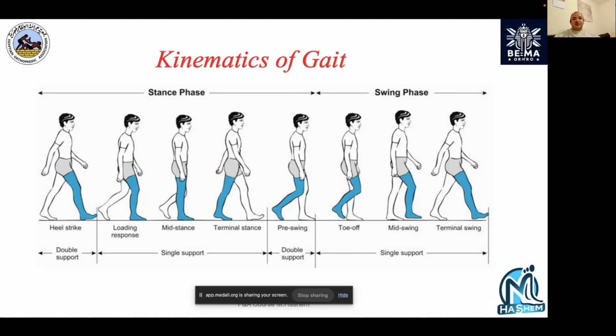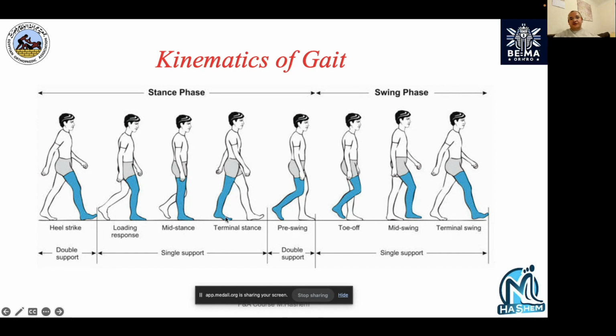Stance phase starts with a heel strike. Stance phase means any part of your foot is touching the ground. Now we'll speak about the right foot, which is in a blue color. Heel strike, then loading response when you put all your foot down. Then from this mid stance, when you stand straight and steady on your foot, then you start to toe off